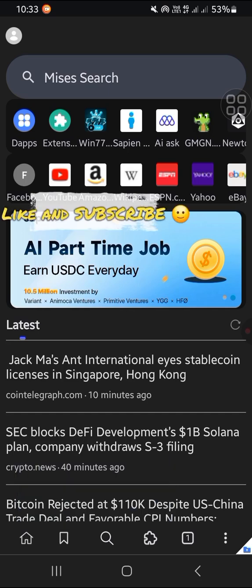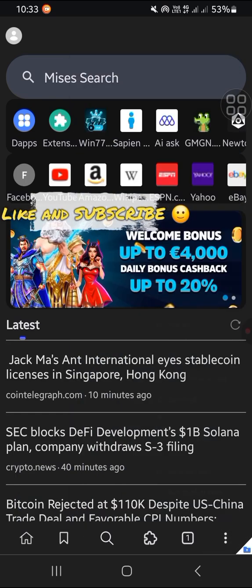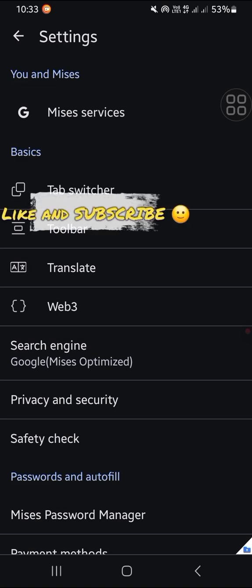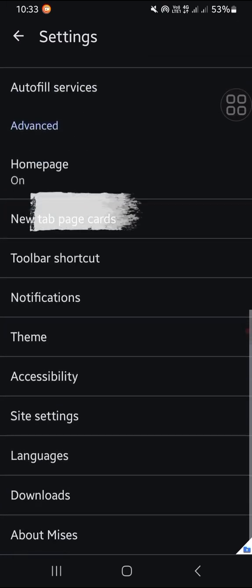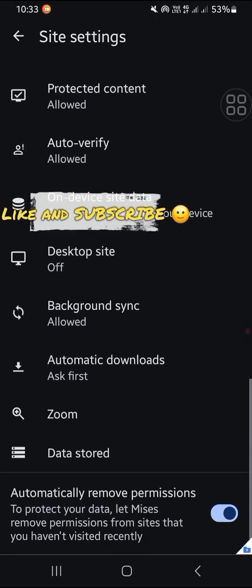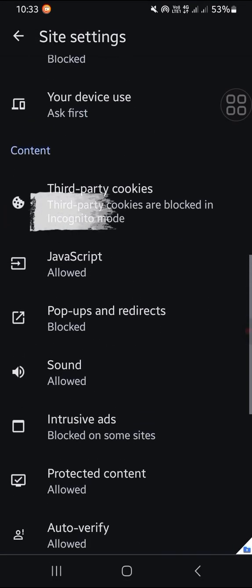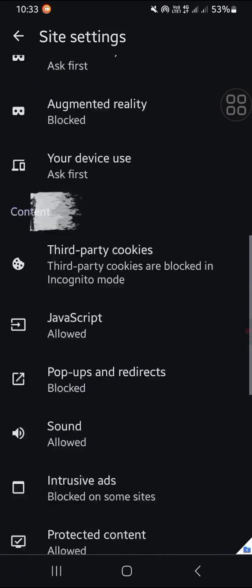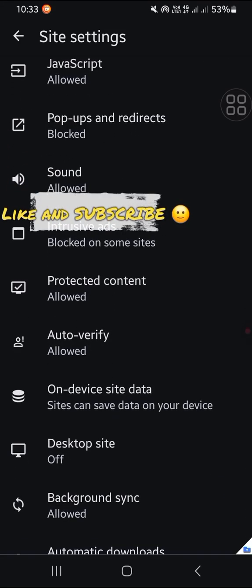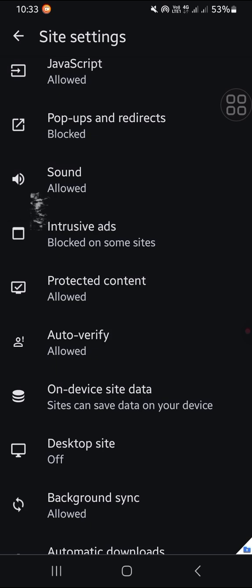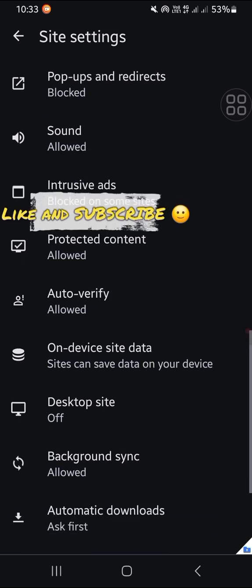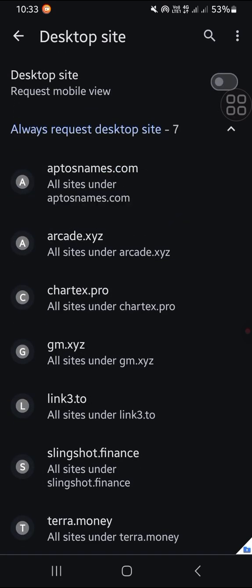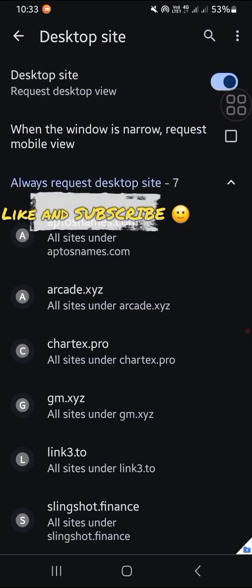So first of all, what I usually like doing, I go to settings and I activate the setting whereby all the sites are viewed as a desktop site. You understand? There's a mobile view and a desktop view. Why I prefer desktop views is that most of these airdrops, the websites are usually meant to be accessed by PC. But for the fact that most of us do this with our smartphones, be it Android or iOS,